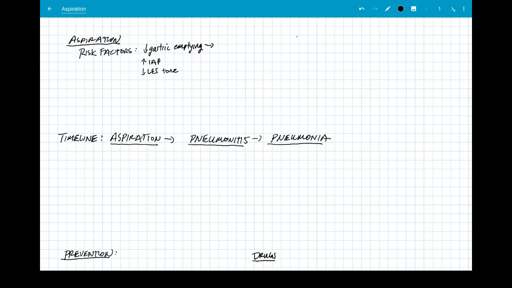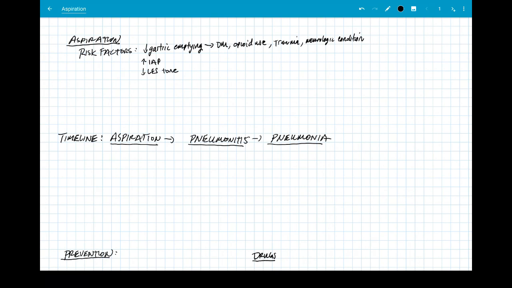Things that are going to decrease gastric emptying are chronic diabetes, chronic opioid use, trauma, any neurologic condition. That decreases gastric emptying. The big thing with diabetes is if a patient has diabetes but it's very well controlled, then gastric emptying may not be decreased. But if they have poorly controlled diabetes with autonomic symptoms or peripheral neuropathies, then gastric emptying most